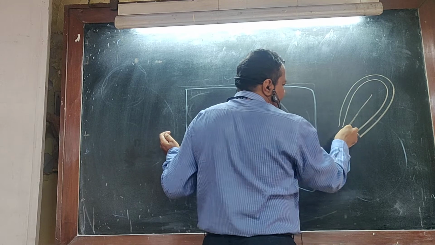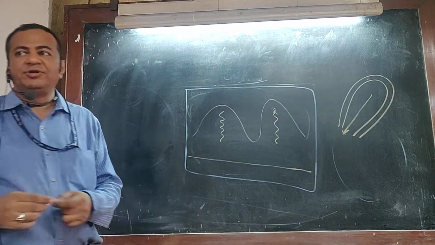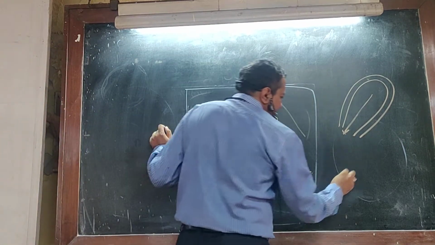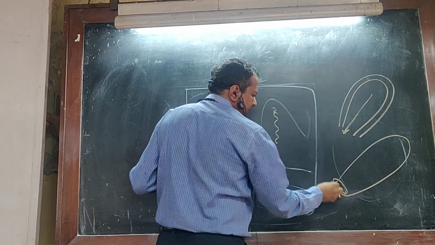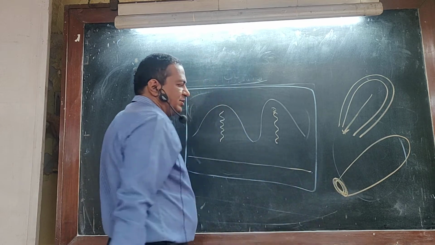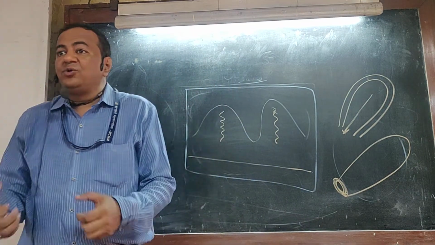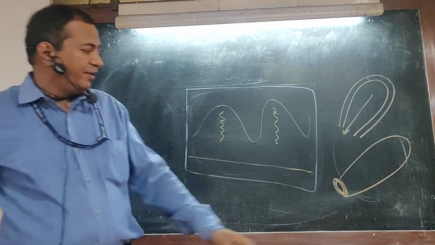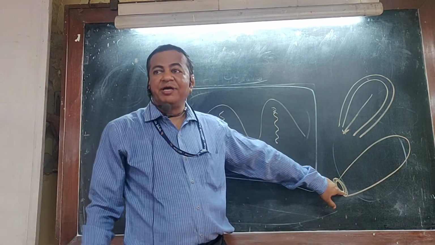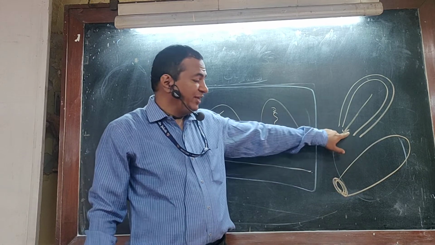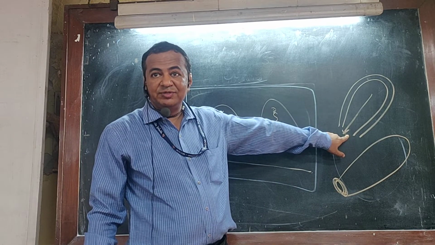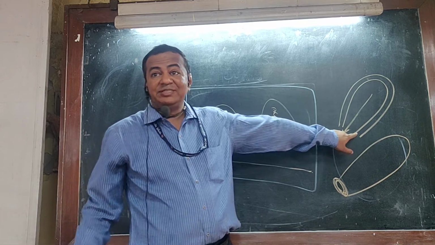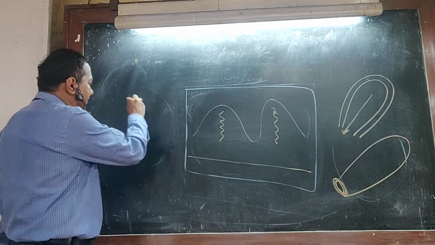So what is the function of the longitudinal layer? Expel the uterine contents. Circular layer goes like this. What is its function? To retain the contents of the uterus. So in case of pregnancy, the circular layer becomes important. In case of delivery, the longitudinal layer becomes important. Other times, the third layer is important, which is the innermost layer, and that is the reticular layer.